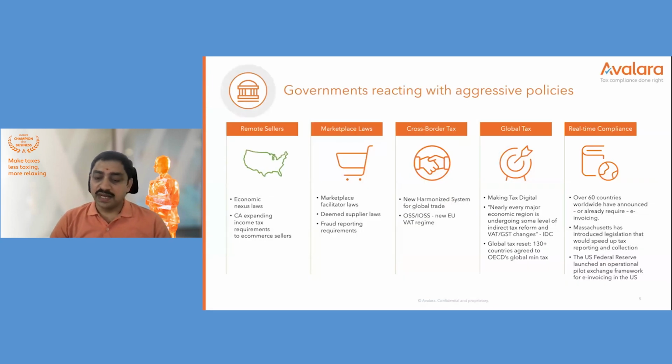So why is there a need for a solution like Avalara? Because if you look into it, there is a constant flux emerging both from the government's end and from the business perspective as well. There are definitions which are getting changed, which we'll also touch upon in due course of our presentation shortly. We also talk about how remote seller definitions are significantly different in different countries, and the marketplace facilitator laws are also subject to a lot of changes. And there is a huge demand from the tax authorities to determine taxes in real time and also stay